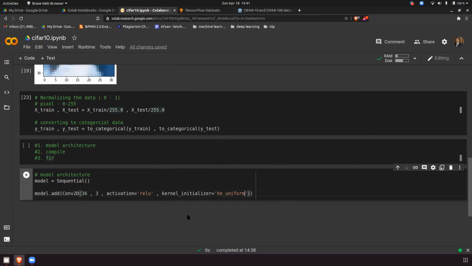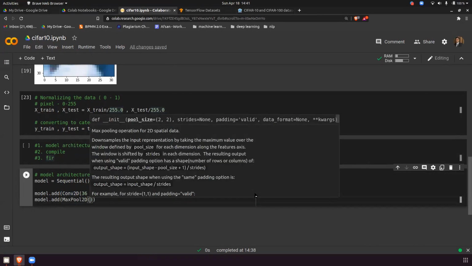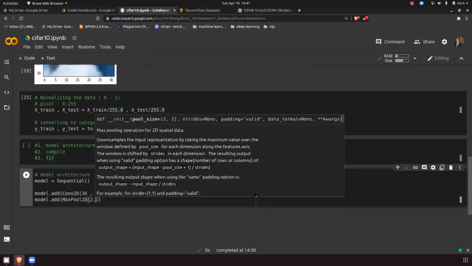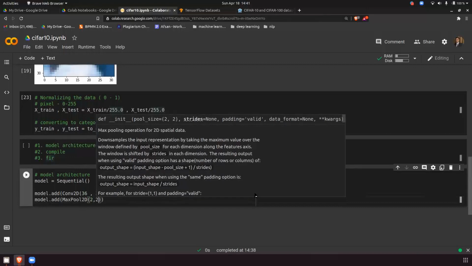After doing this, what is the next step? Steps 1 and 2 are covered here: the first step is covered here, and the second step, ReLU, is covered here. Then after this, pooling. So you have to do model.add, and in that you have to do MaxPool2D. Let's see the parameters of max pool. What is the default pool size? 2 cross 2. So I will put 2 only. And what is the stride I've told you that you should always take? 2.